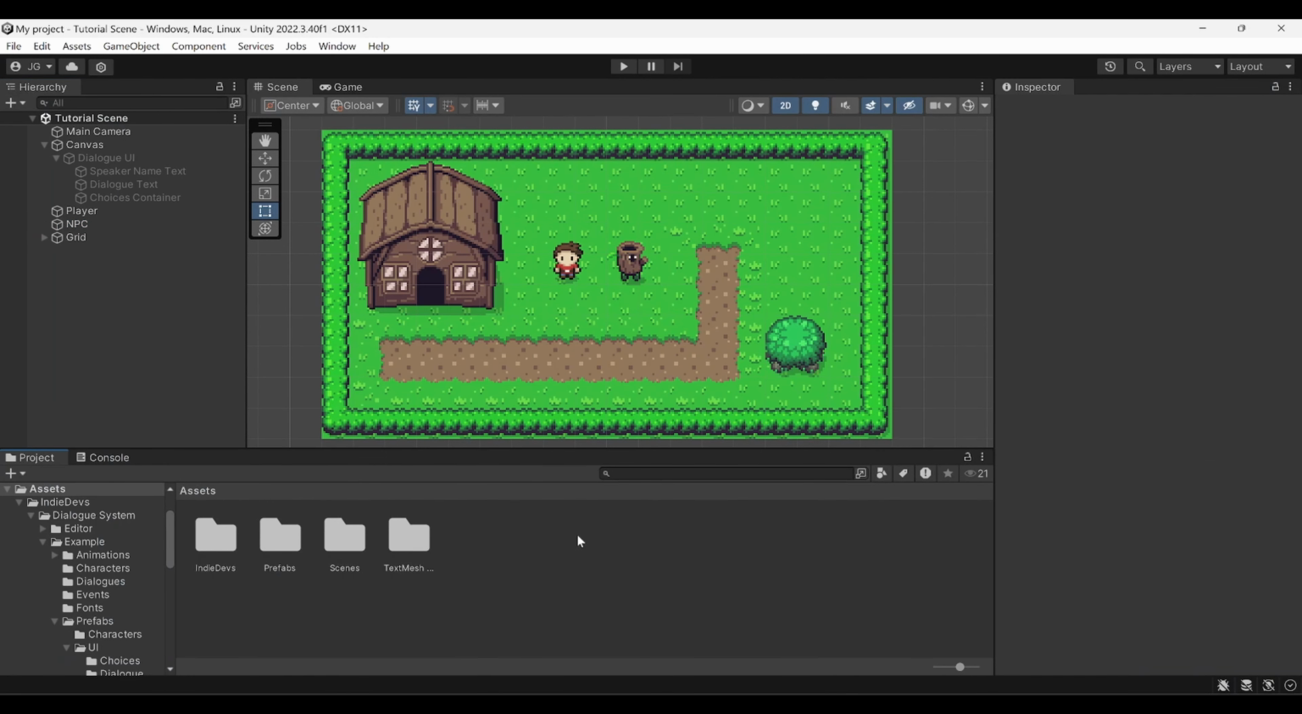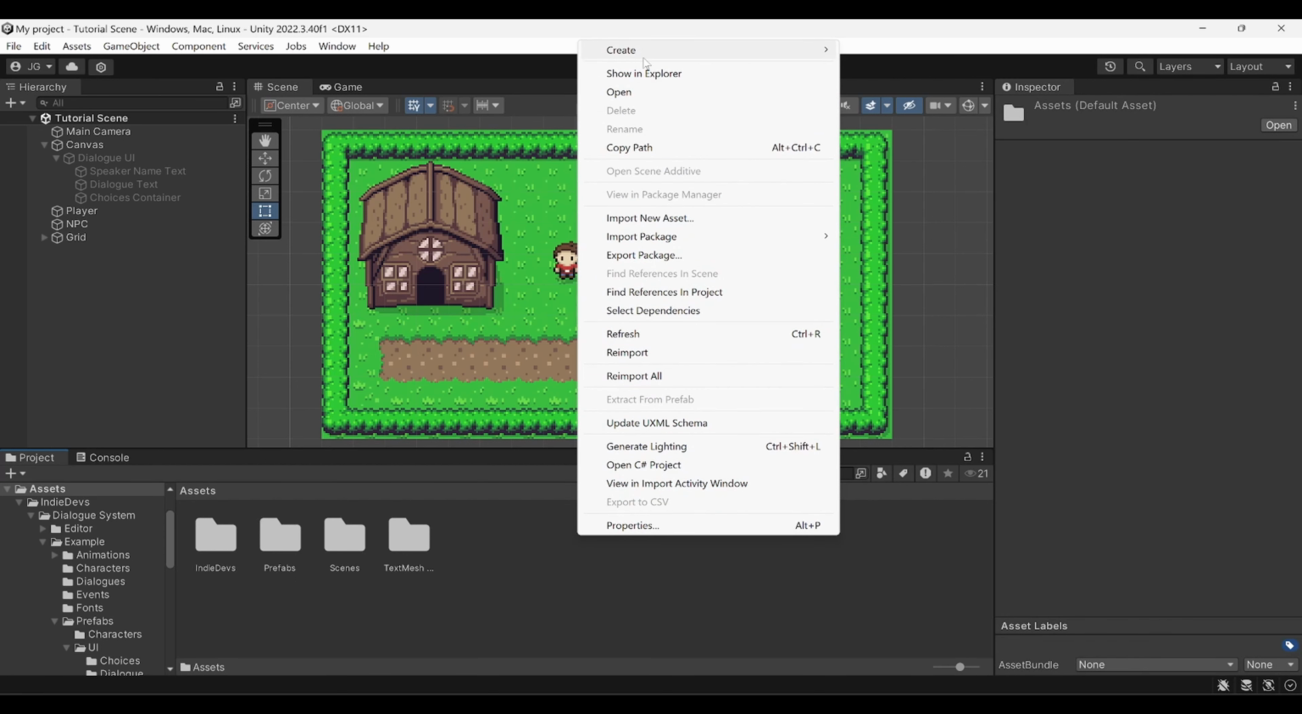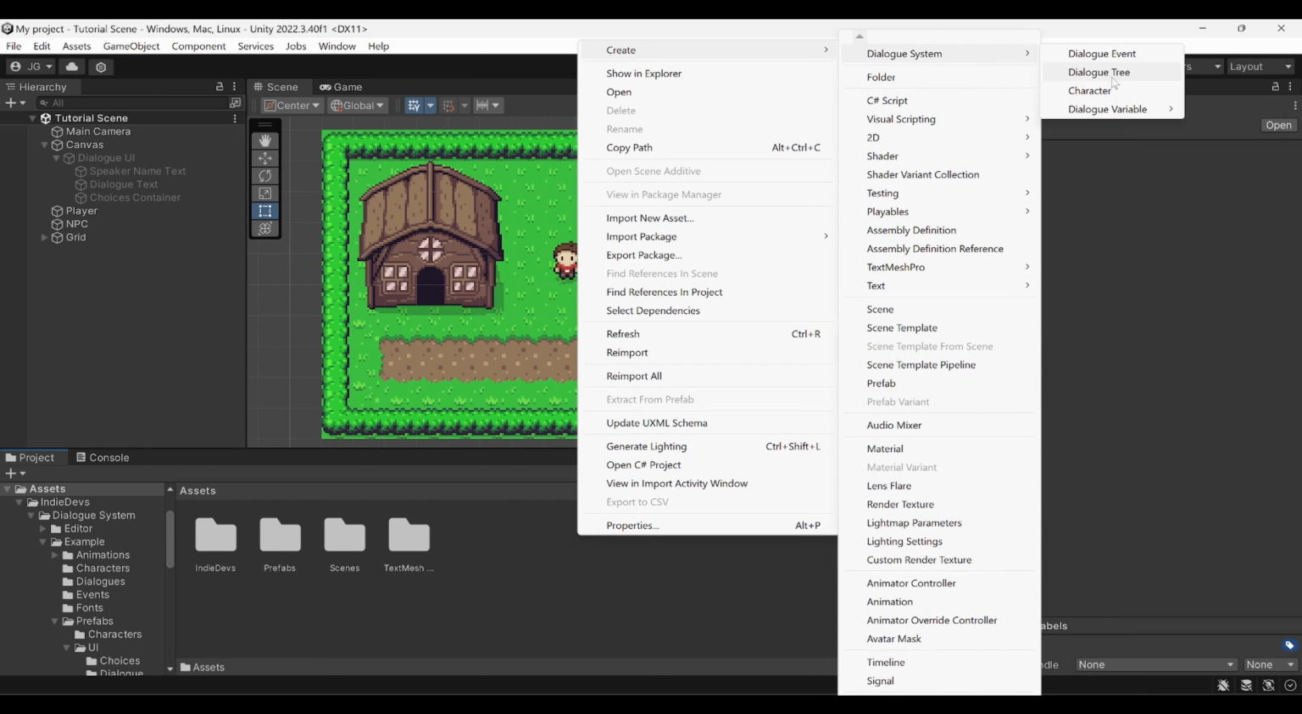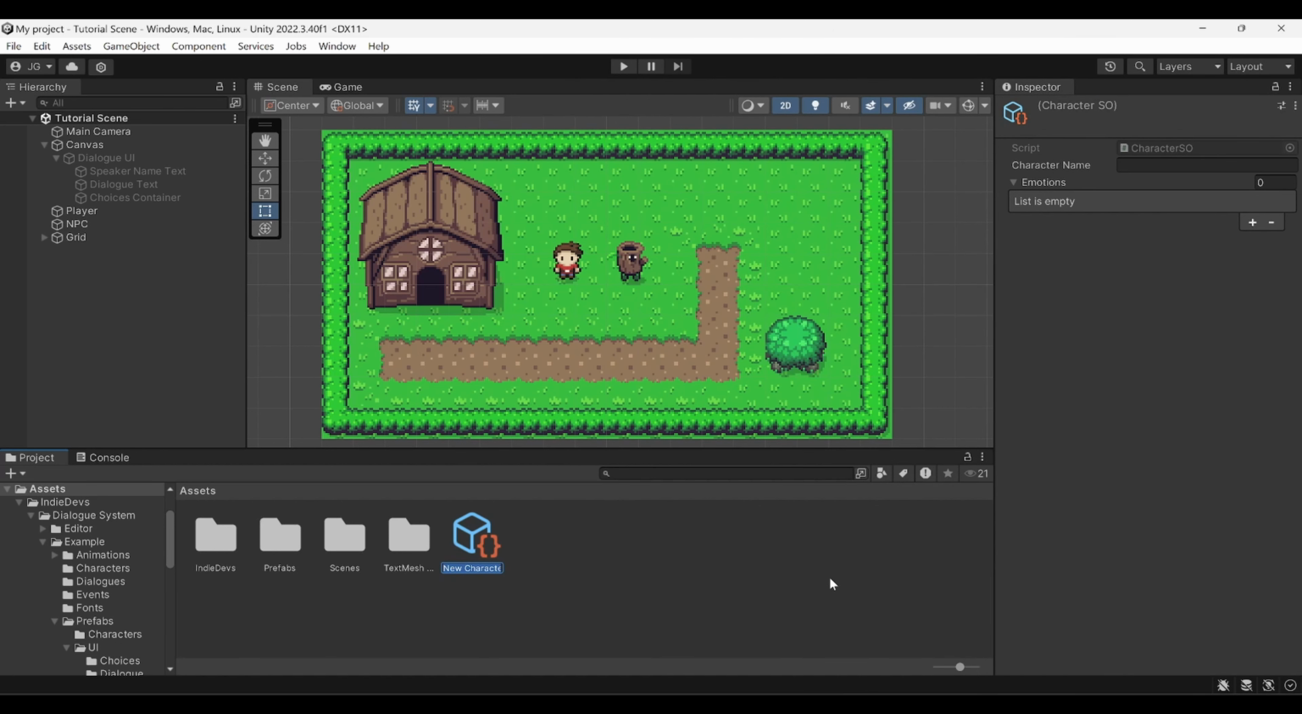The first thing we need are the dialogue characters for our game objects. So let's right click, create, dialogue system character. We can name this one player, and here in the inspector we can fill in the fields. So let's say that the character name is Arthur,